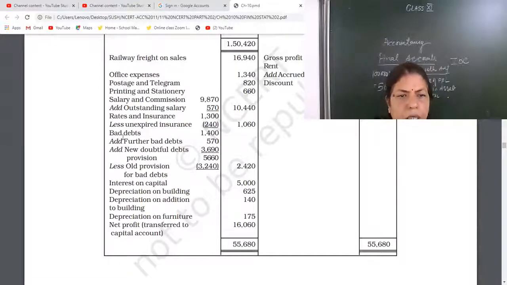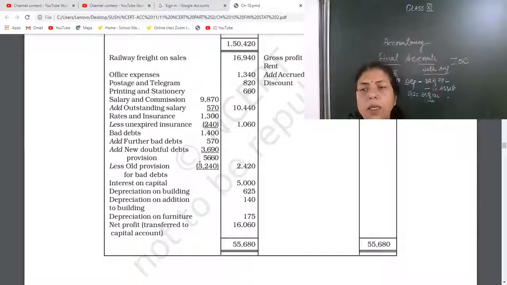Good. Now bad debts. Add further bad debts. Add new PDD, as I told you, 5% of debtors. Then subtract old PDD. See, this is the easiest way. Otherwise, you can, what